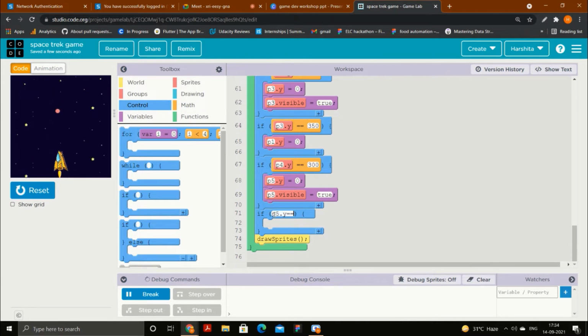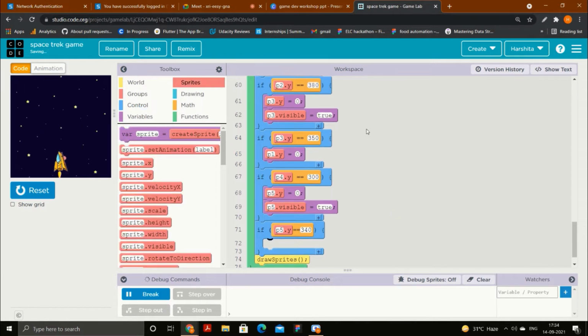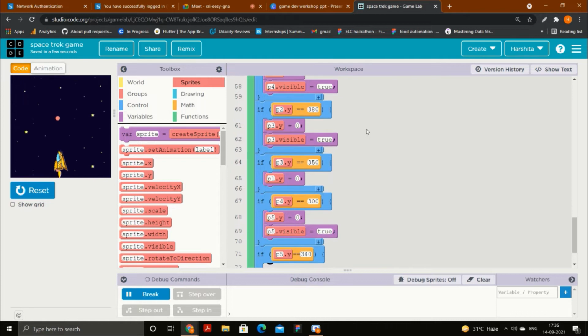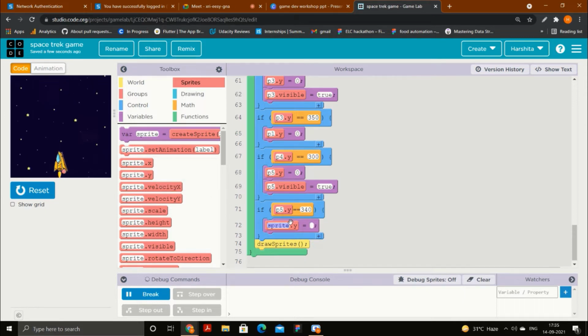P5.y equals 340. Then I will choose P2. That P2 should come from the top. So P2.y should come from the top, and P2 is already visible, so I will not set it visible as true.